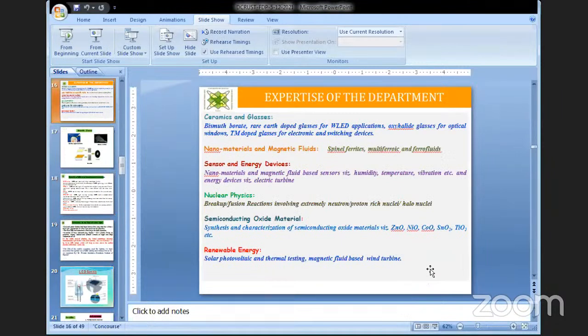Yes. Now let us talk about the expertise of the department. Of course, as I mentioned, that department has 10 faculty members, but if I'm talking about the present status, the department has only 8 faculty members. Out of these, 3 are professors and the rest are assistant professors, and some are very close to associate professors. And if the areas